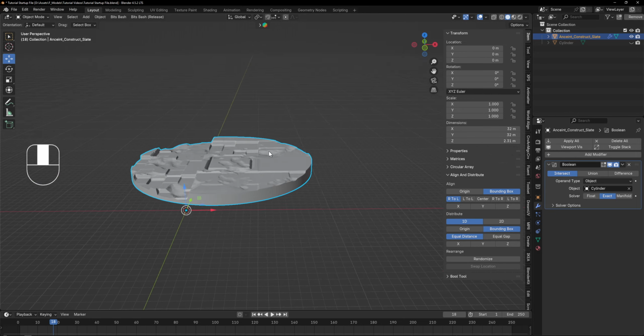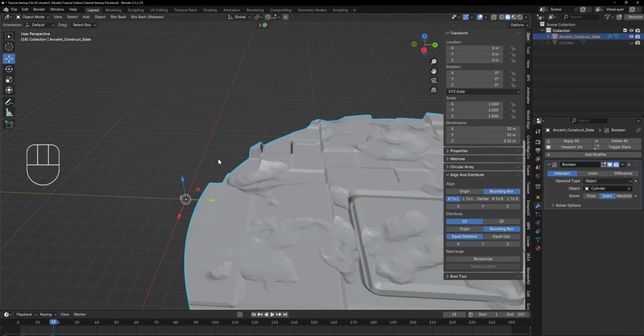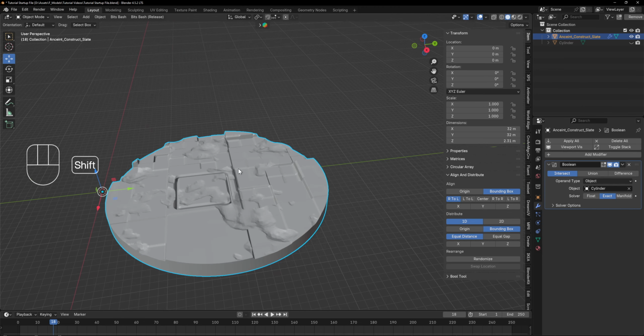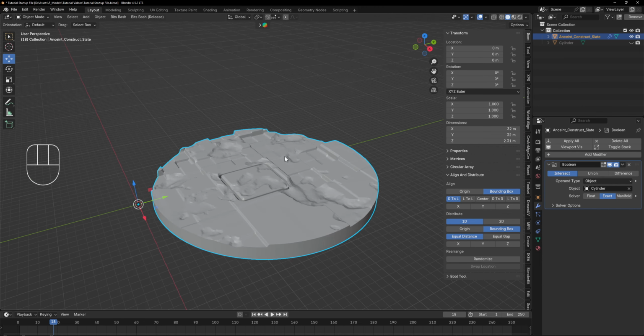Now, sometimes you might end up with tiny pieces sticking out of the base topper, depending if you cut something off that's bigger on the side. I don't mind them much because if they're too tiny to stay, they break. I just snap them off after printing. And since this is a ruined base, I don't mind much. If you have a more pristine, more nice base, then you might want to make sure that you don't catch